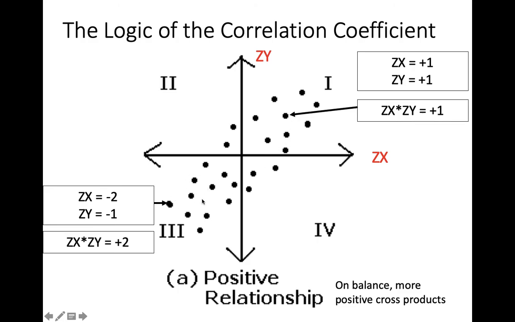And when we've got scores that deviate in the negative direction on both, we'll get a positive cross product. So on balance, we have more positive cross products here. We've got a couple that would not give us positive cross products, but on balance, our data points fall in this first quadrant as well as this third quadrant. When we multiply the z-scores together, we're going to get these positive cross products, and therefore when we sum those cross products up, on balance we're going to have more positive, so that will yield a positive number and allow us to express that positive relationship